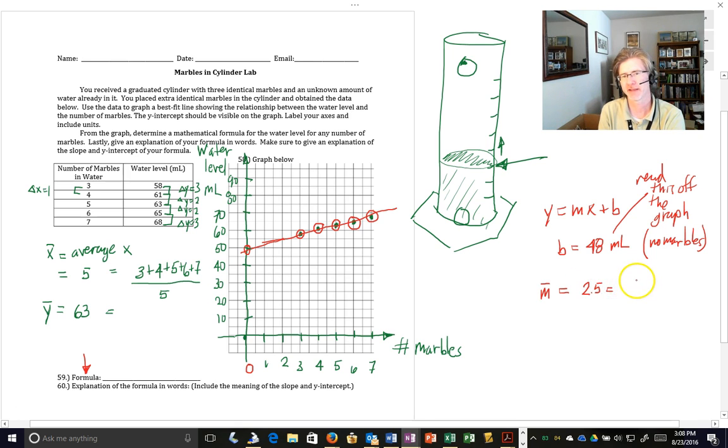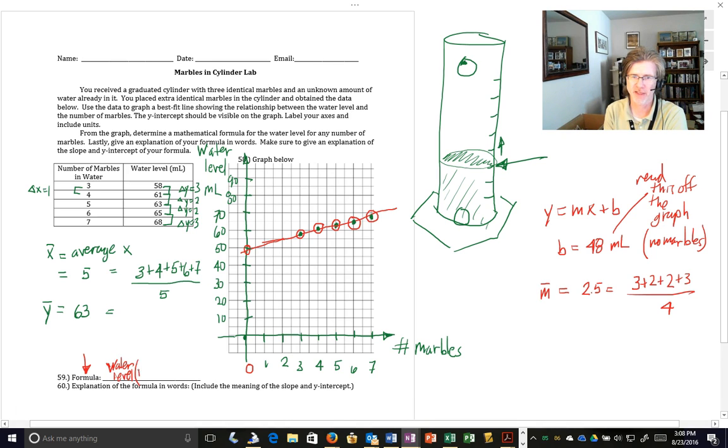And how did I get that? I said the slope between a couple of points is 3, another couple of points is 2, another couple of points is 1, and then I have 4 total segments. So that's 5, and 5 is 10, divided by 4 is 2.5. So I'm saying that the formula, let's see, water level,